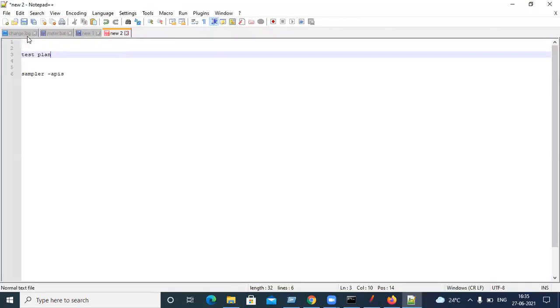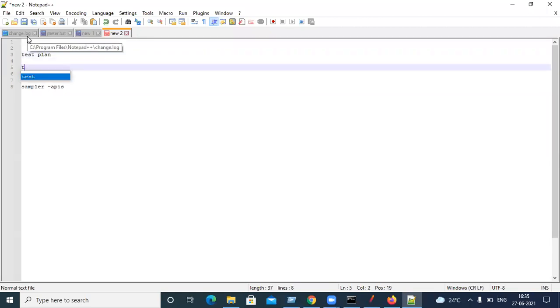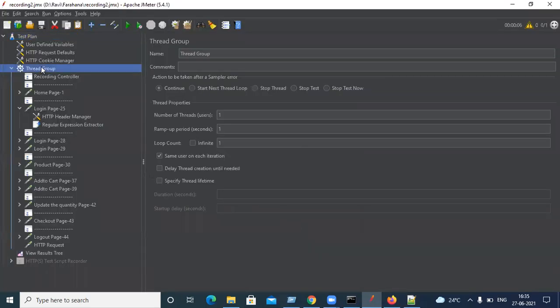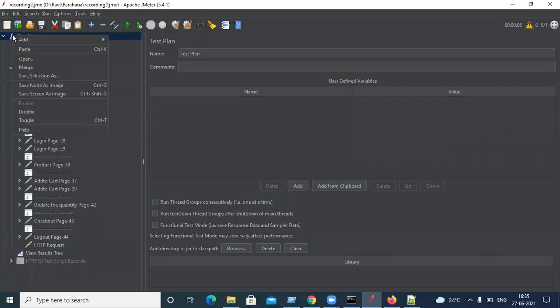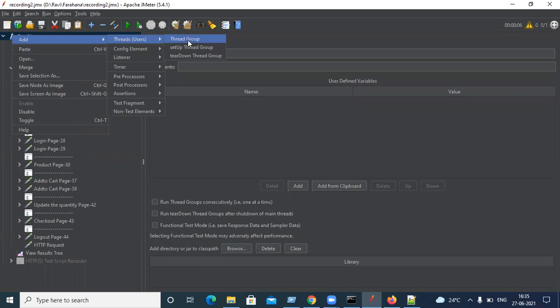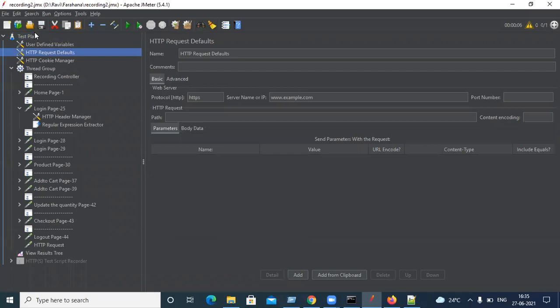Next important is the thread group. The thread group is like a load generator. Whatever you have written in the script, this will help us load it. So you will see the thread group like this: on the test plan, right click, add. You will see threads first, and then the thread group. Whenever you open JMeter, you will see only the test plan; without the test plan, you can't right click and add.